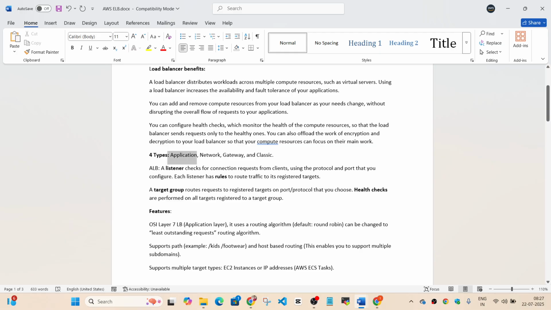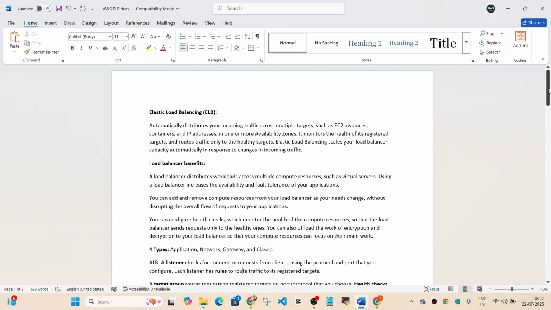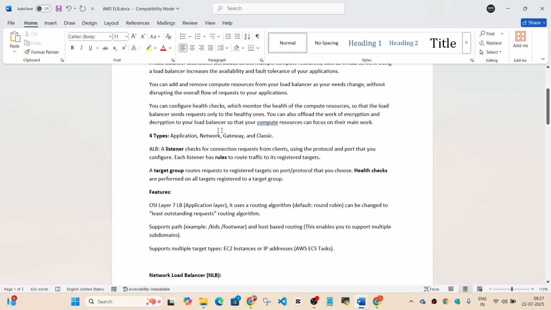And these three are the most important ones. And for your container applications, these two are the important ones. And this is the most important one. So application load balancer, network load balancer, and gateway load balancer is what you need to learn. So if I talk about application load balancer, once again, the name of the service is Elastic Load Balancing, ELB. In ELB, you have four types of load balancer.